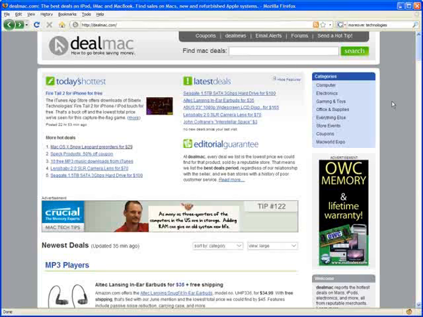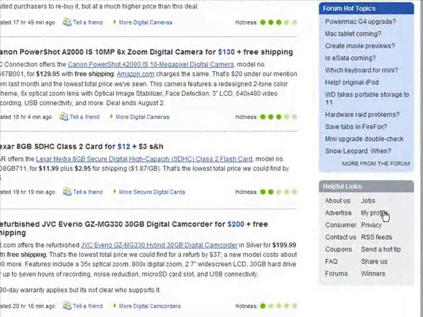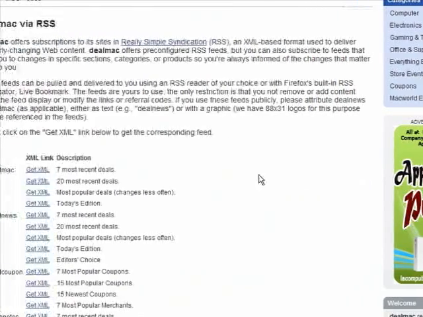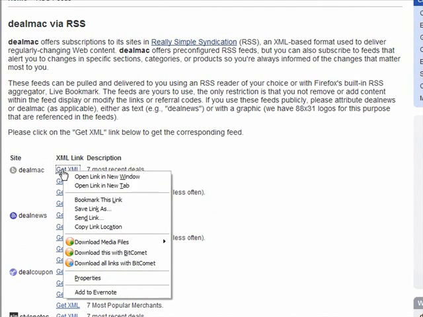Please also bear in mind that you don't have to select a mainstream source. There are lots of smaller sites and blogs that offer RSS feeds. Look here on dealmac.com, a site that publishes user-submitted tips on the best online deals for Mac hardware and software. On their RSS page, you can, for example, get a link to their 7 most recent deals. I can copy the link,